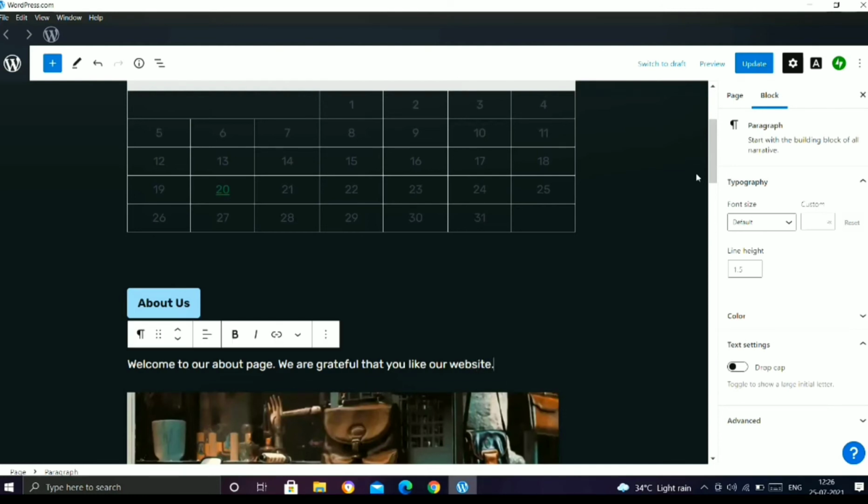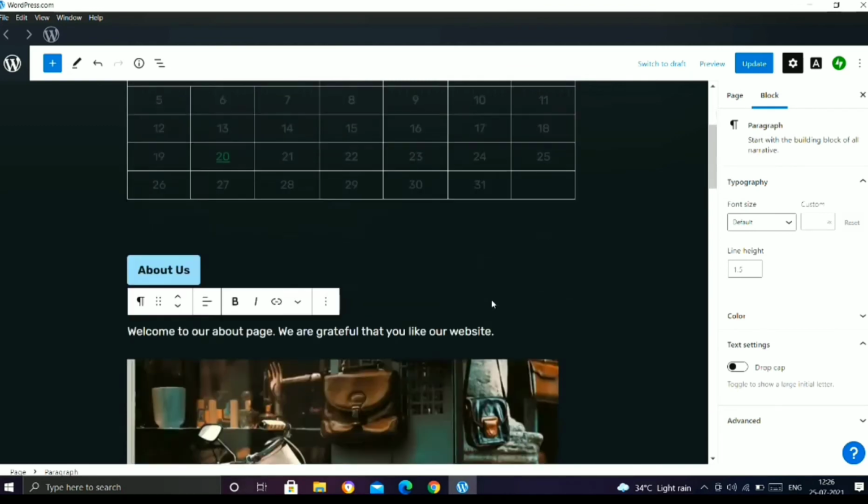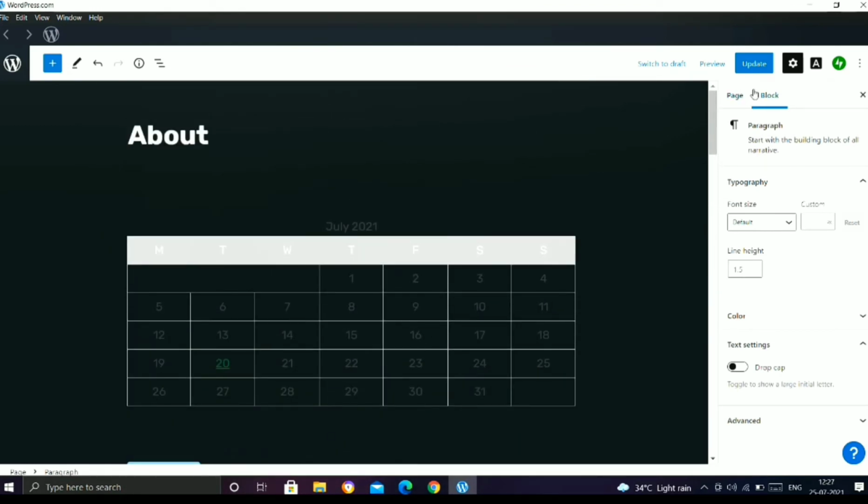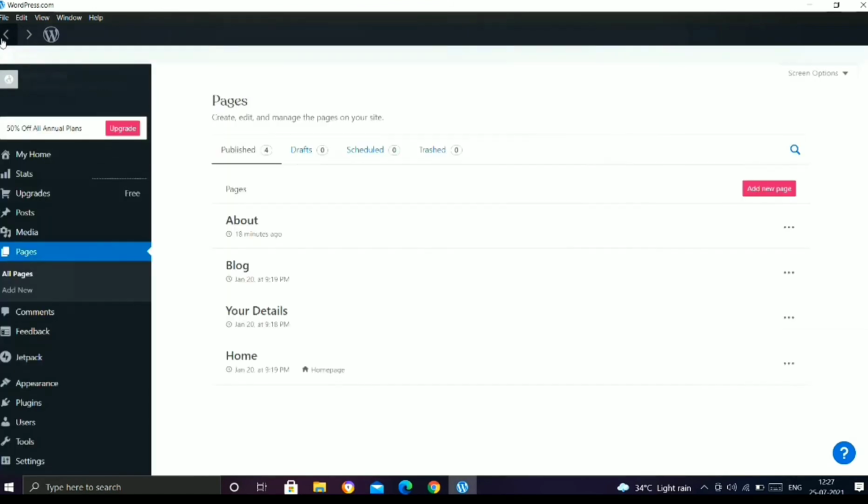Yes, and if you want to save all of these edits that you made, then you always have to click the update button, otherwise your edits will not be saved. And here you can go back,